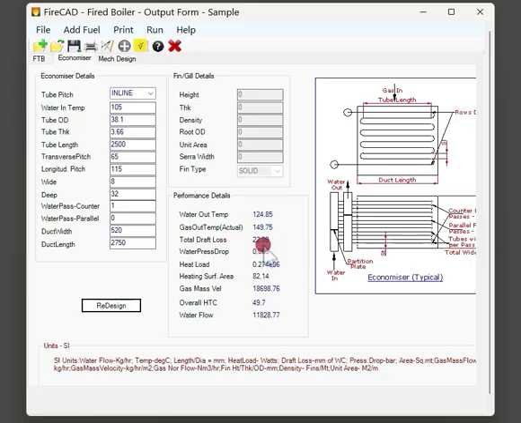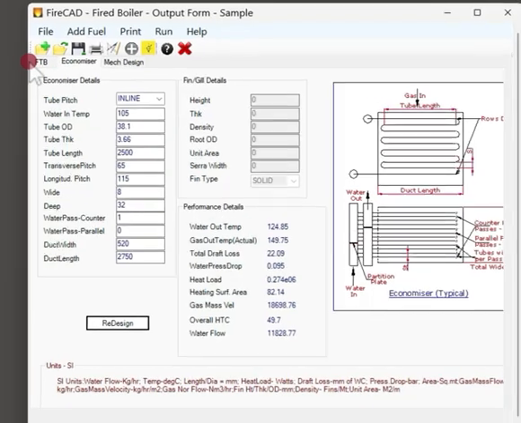When you have an economizer downstream of the boiler, you have to add this draft loss into the burner head. You have to consider this draft loss also. So this is how we customize the economizer. Here the aspect ratio, if you see, 500 by 2750, even this is not a proper aspect ratio. You can reduce the length and increase the width and customize the economizer. Once this is done,